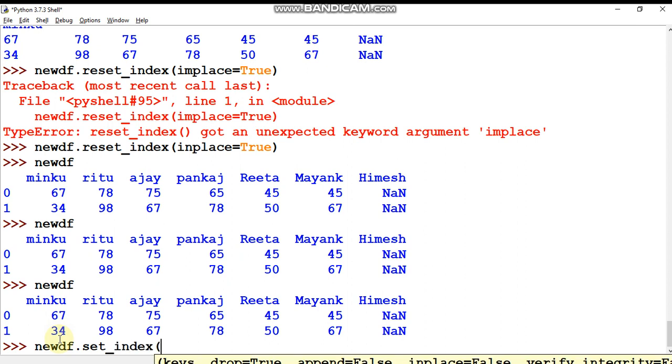Then which column you want to make. So I want Miku. Okay, Miku I want to set as an index, and here you have to use inplace